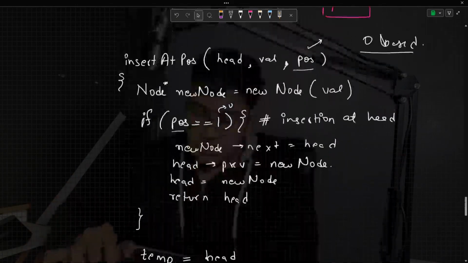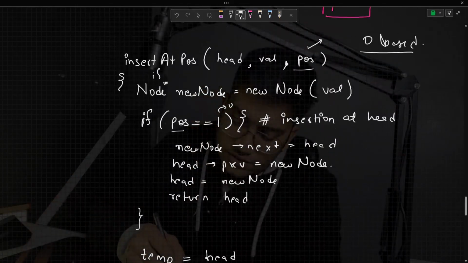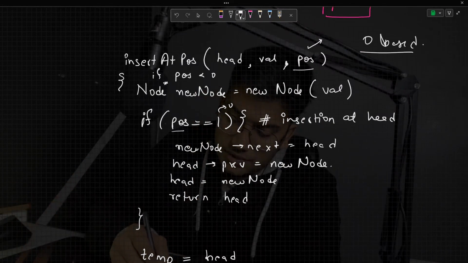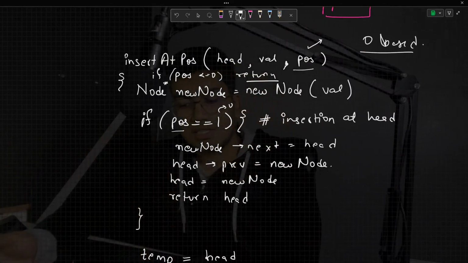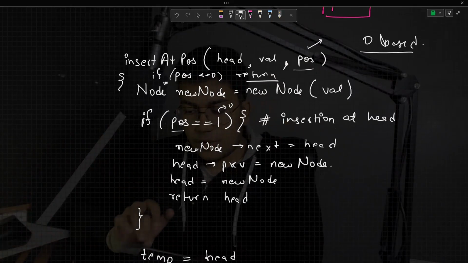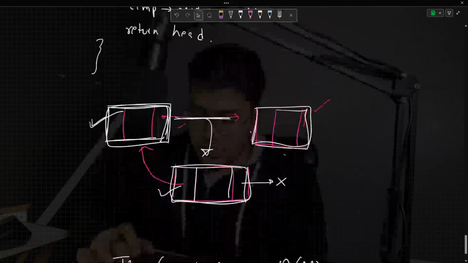Also, if you want, you can add a condition that if position is less than or equal to 0, you just return, because you cannot insert at a negative index according to the way that we have defined the problem. So that is the video. I have discussed the time